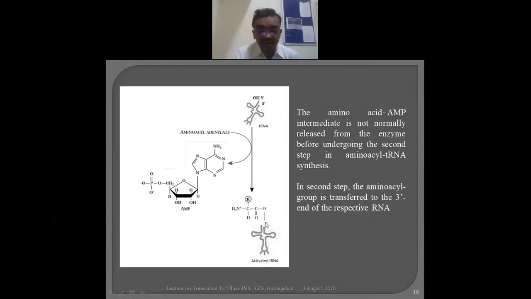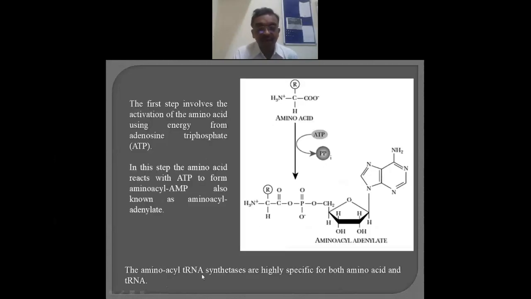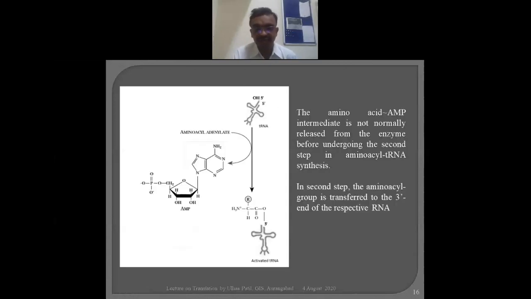At the tRNA, you know that this is the amino acid site at the 3' end. The amino acid, which is part of this aminoacyl-tRNA synthetase complex, is shifted there. This 3' end gets bound to the amino acid, and this depends on the anticodon. The anticodon is located here. But who decides that, depending on this anticodon, this particular amino acid will be bound to this tRNA? This is done by the enzyme aminoacyl-tRNA synthetase. For different tRNAs and amino acids, different enzymes are there. You should keep that in mind.